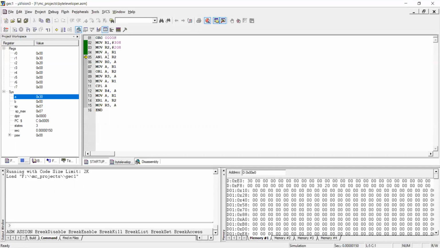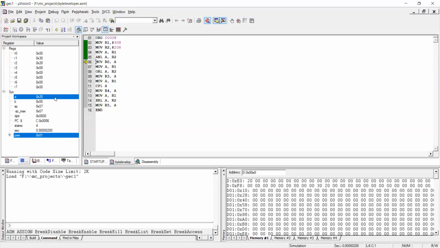The contents of the accumulator is ANDed with the contents of register R2, and the result is stored in the accumulator. Now when I perform the AND operation of 30H and 20H, what do we get here? 20H.